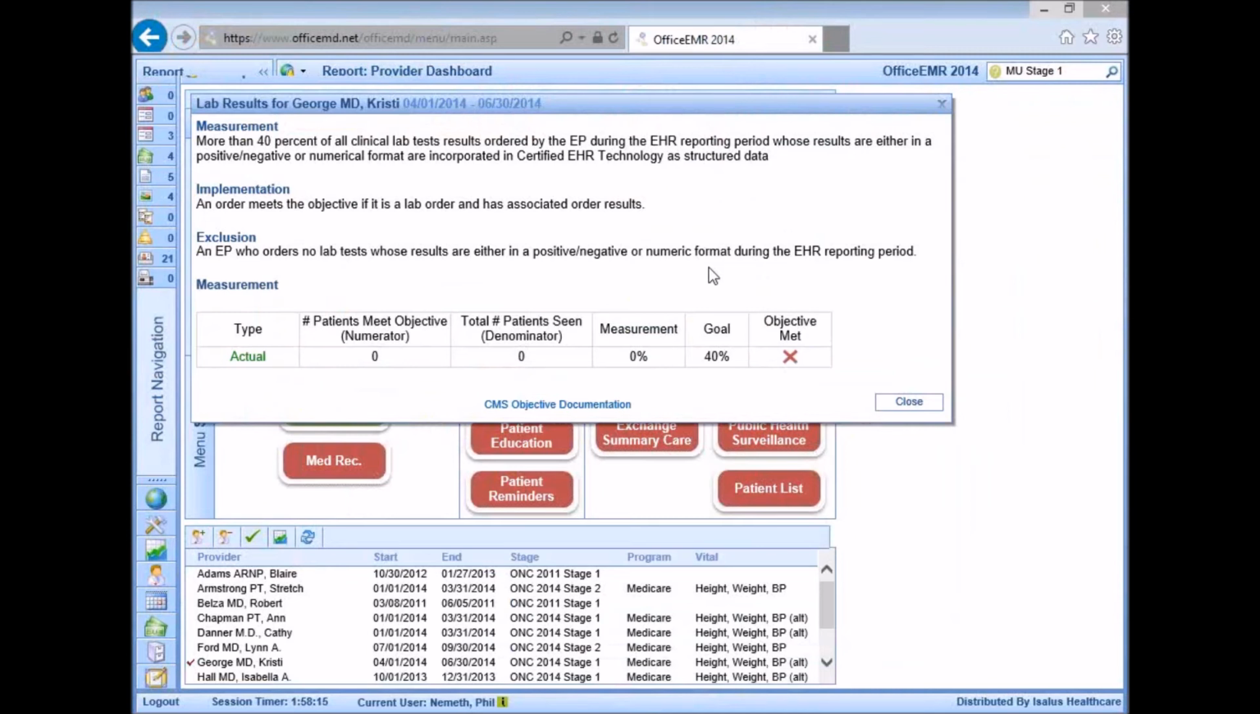The lab results objective essentially states that for 40% or more of all lab orders that were placed by the provider during the reporting period, there need to be associated results that are in a positive, negative, or numeric format. Okay? So the way this will have to work in our system is you'll need to have a lab interface already established and set up with your lab company. OfficeEMR and iSalus Healthcare already have established interfaces set up with companies like LabCorp, Mid-America, Quest Diagnostics, MedLab,